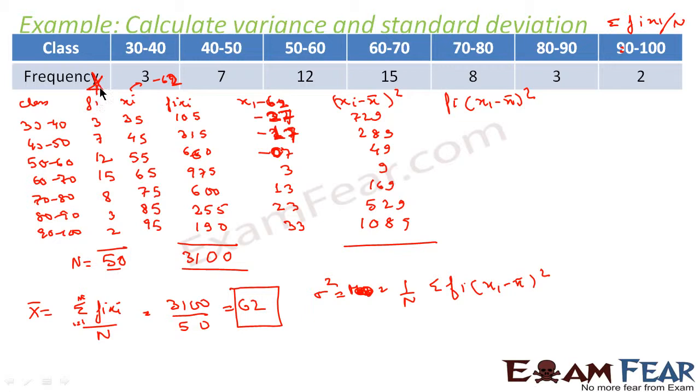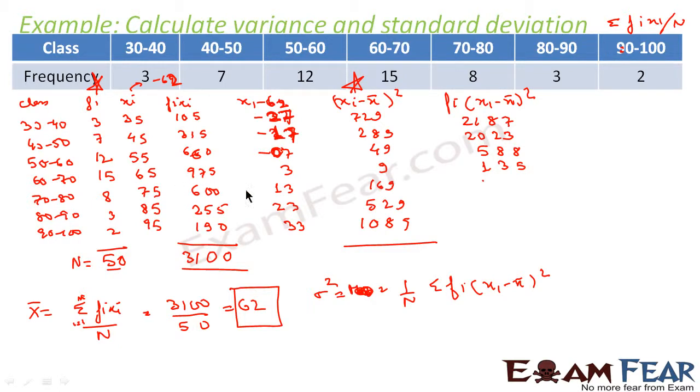We will multiply the star mark with this star mark. What will we get? 3 into 729, that will get 2187. 7 into 289, what will get 2023? Correct? 12 into 49, what will get 588? 15 into 9, what will get 135? And 8 into 169, what will get is